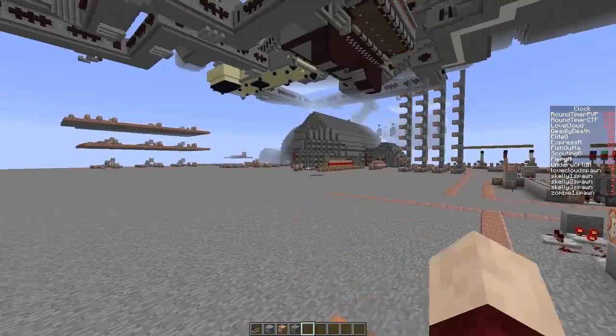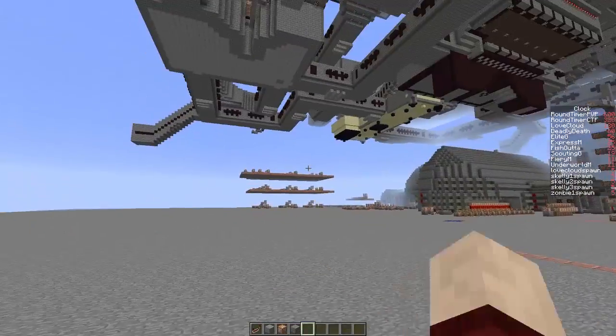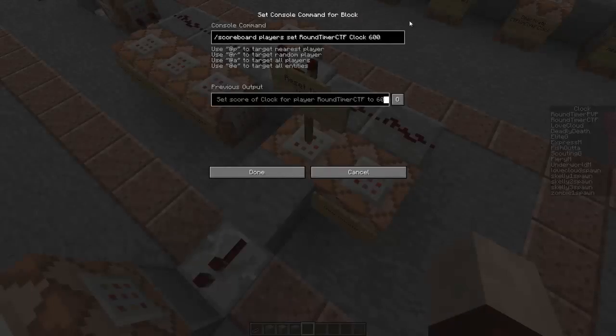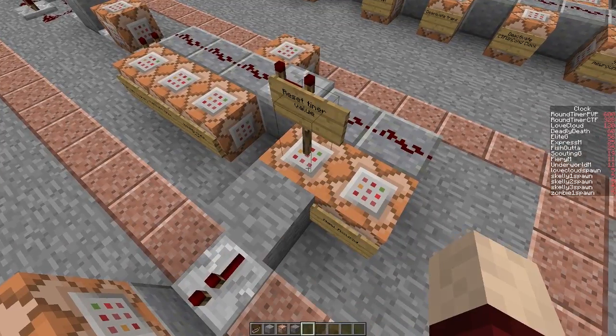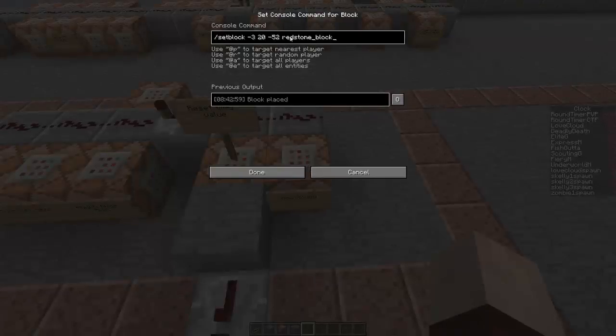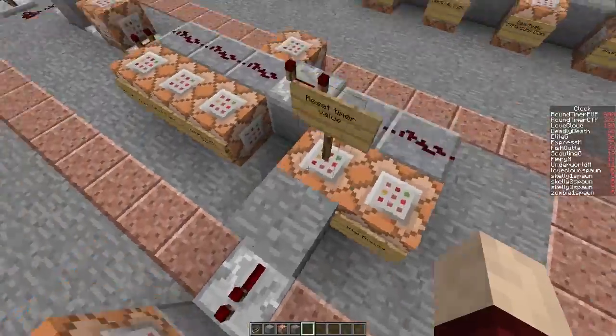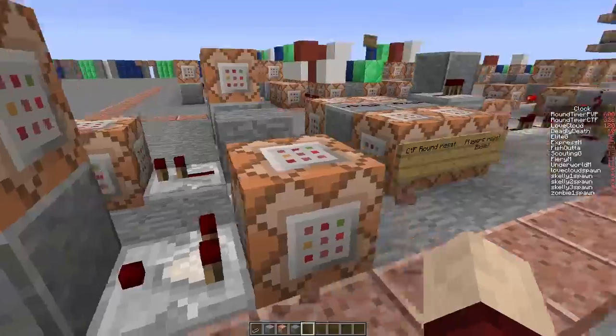One of the command blocks over there is actually replacing this command, exactly like we did for the mobs. So it replaces it with 600 or 1200, because we do something different for the no limit. Then it just activates the new round command, which is this guy over here, which is all of the...